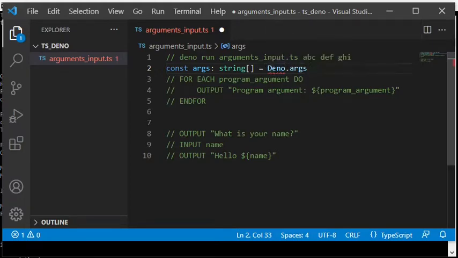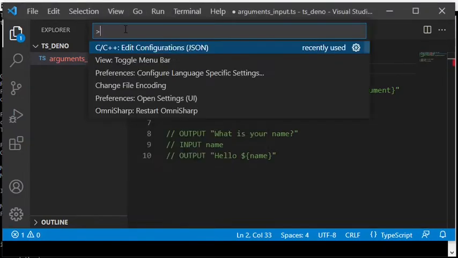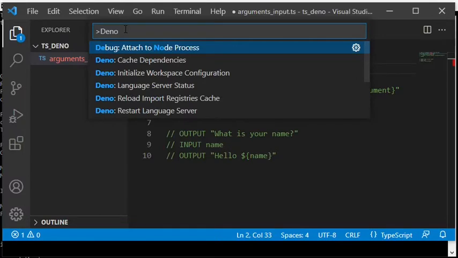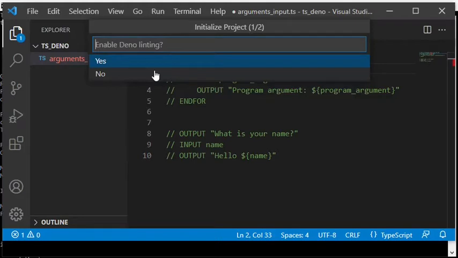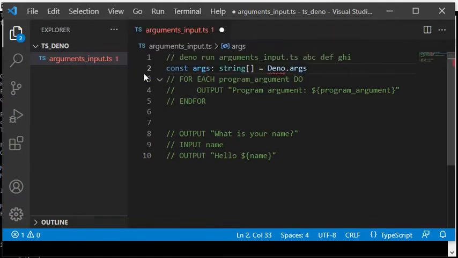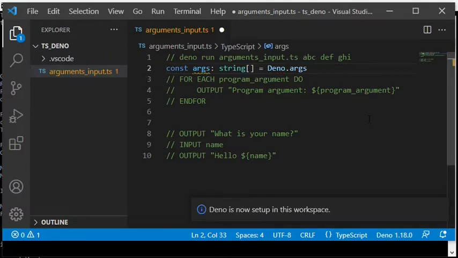The Visual Studio Code editor is complaining about the namespace Deno by showing it in red color, but I can fix that problem with some configuration through the View menu and then Command Palette. There you can write Deno and then select the option Initialize Workspace Configuration and then answer yes regarding the question Enable Deno linting. I also get the question about enabling Deno unstable APIs, but my answer there is no. Now you can see that the red color disappears, since Visual Studio Code now recognizes Deno after this configuration.